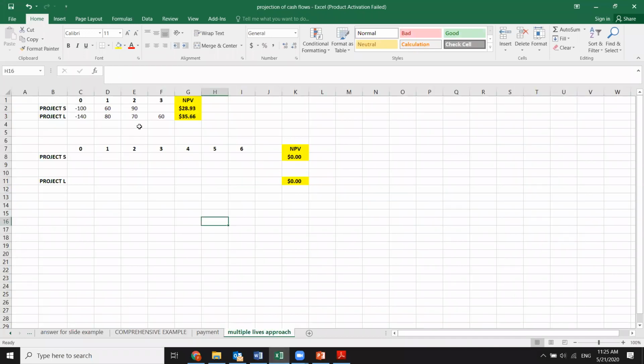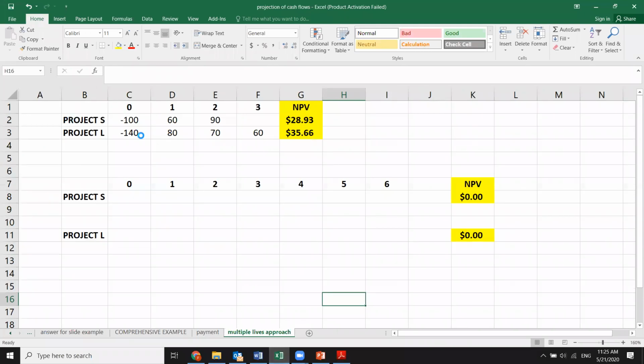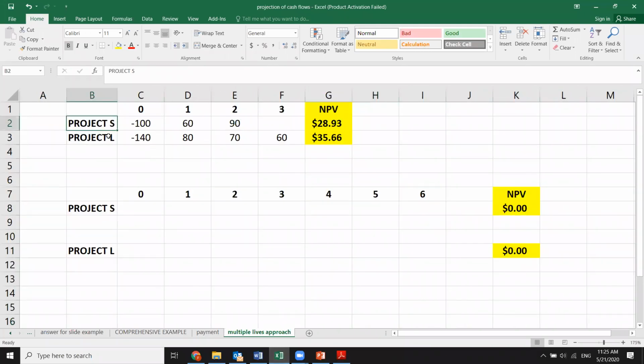Now we are given two projects here, project S and project L. We see that project L is giving you higher profitability, and project S is giving you less profitability. So basically, you have to select which is highest NPV, but we cannot because the number of the years are not the same. But under the least common multiple approach, what we do,